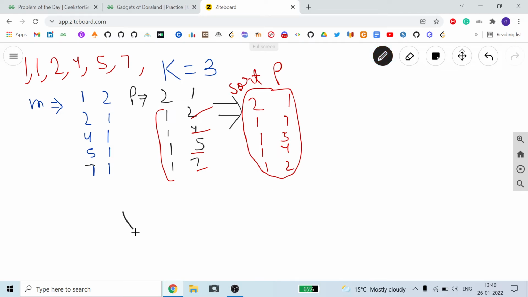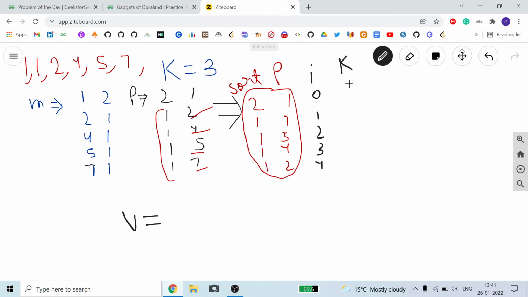So my vector v now. Here is my i and here my k. Here i is equal to 0, here i is equal to 1, here i is equal to 2, here i is equal to 3, and at last i is equal to 4.